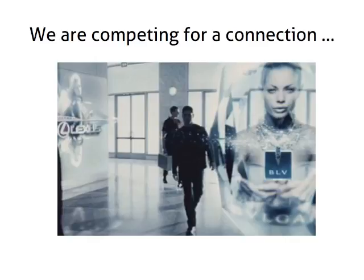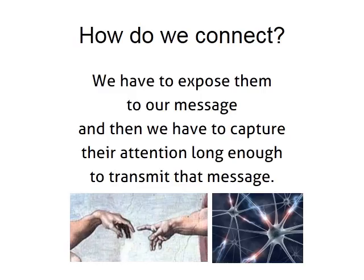Now, as marketers, we also have to wrestle with those ethical issues. Do any of us want to live in a situation like that, where there is no commercial free space? But that notwithstanding, we have to understand that as marketers, we're competing for attention, which is why it's so important that we understand who we're talking to and create messages that clearly and concisely and compellingly communicate our unique value proposition. So we have to capture their attention long enough to transmit a message and hope that they will remember it. And this idea of learning and memory and retention has its basics,